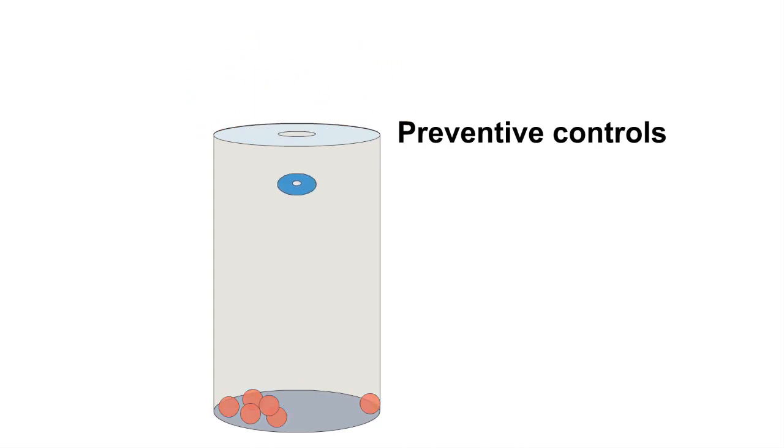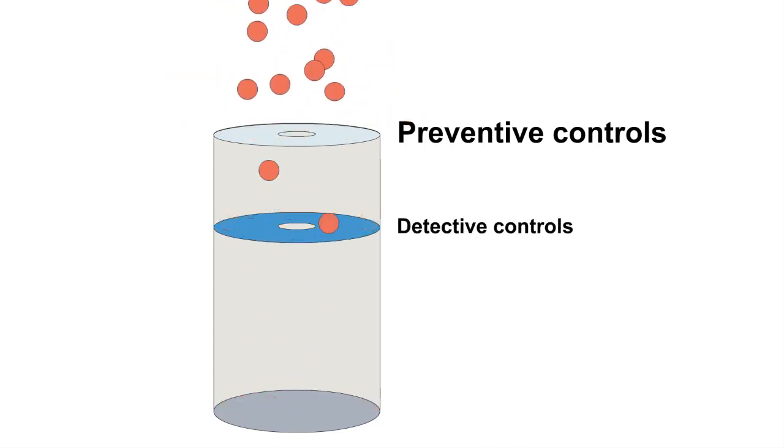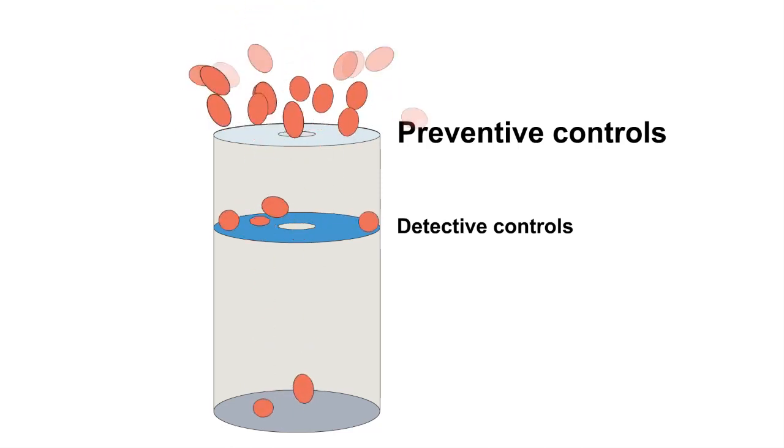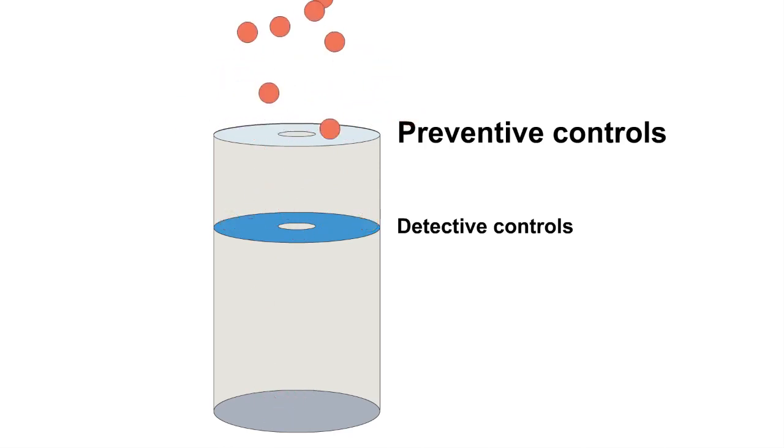Now the second layer is detective controls. Smaller text indicating, well, it's still important, but not as critical, not as prevalent as preventative controls. But their idea is to detect a mistake once it's taken place. So you can see here that most of the orange balls were held above the preventative layer, but a few got through. Hopefully the detective layer will catch most, if not all of those, but a few more still could get through. And that brings us to the final layer.